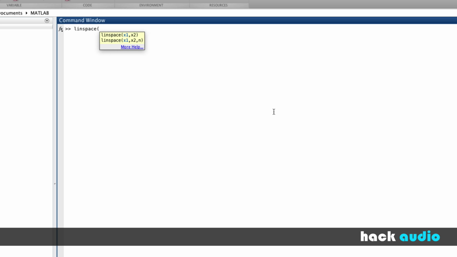Linspace. Here, the way that it works is we put in a starting number, we put in an ending number, and then we put in how many elements in our array that we're interested in having. So here, do 3, 10, and 8. This means start at the number 3, go up to the number 10, and have a total of 8 elements